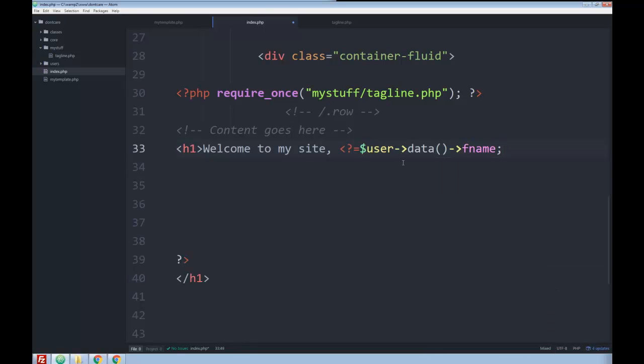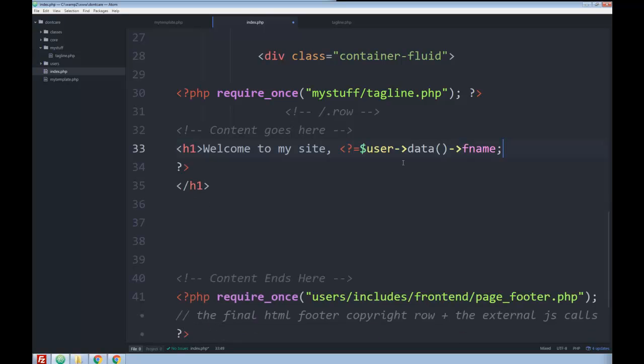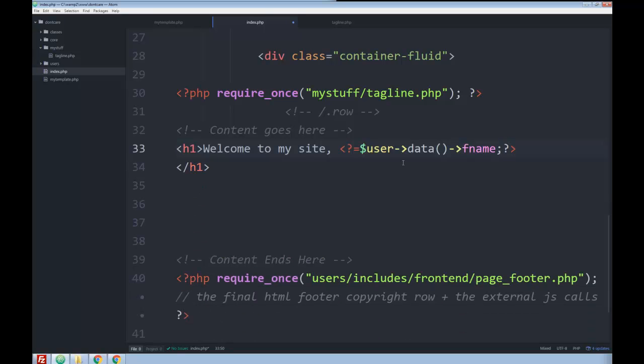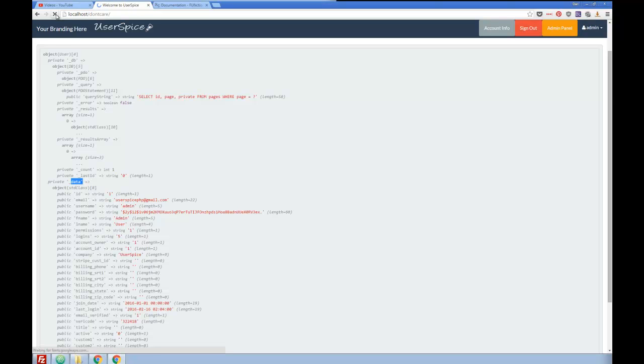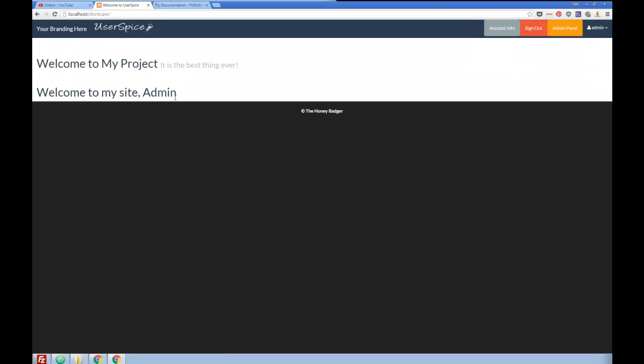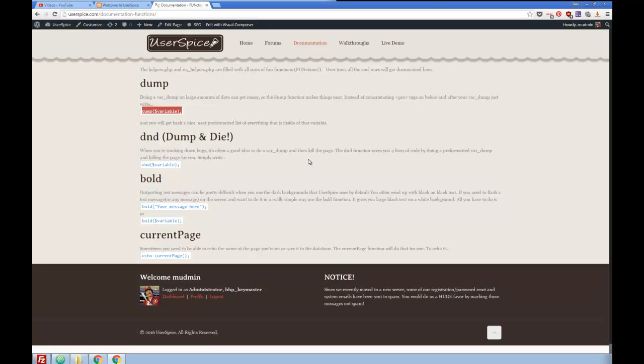And I'm going to semicolon that out, and I'm going to come back here and pull all this together and close my H1. Now, when I refresh this page, it's going to say, welcome to my site, admin, because that's the name in there. And so I could even come in here and